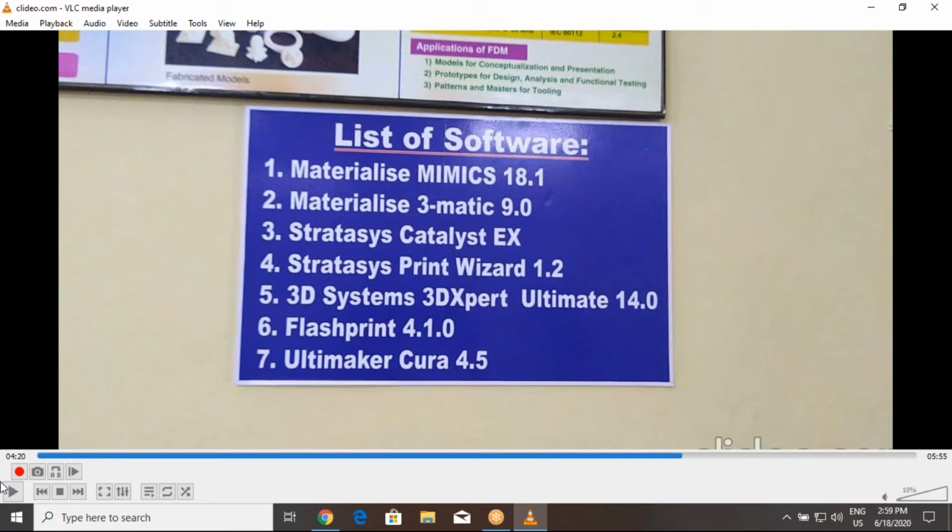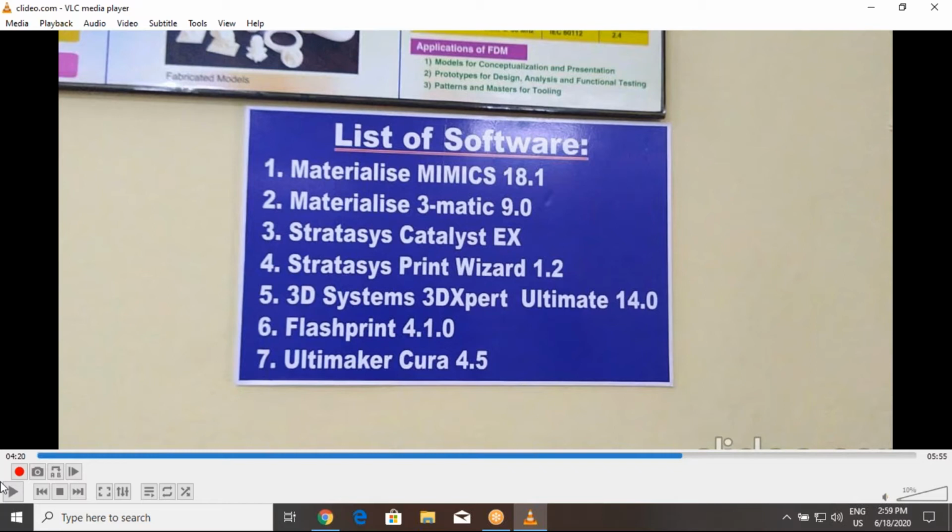The next is 3D Expert Ultimate 4.14.0. This software is especially used for the DMP 100 Flex metal printer. In this software, we can design very simple components, and we can also generate the Fab3 files and connect to the system directly to give the printing. It is difficult to make complex parts in 3D Expert. It's better to do complex parts in any CAD software. We can do CAD models in 3D Expert also. It was also explained by Rakesh yesterday.